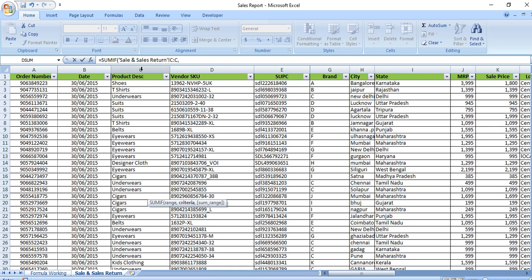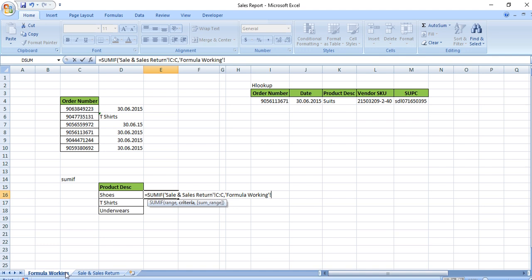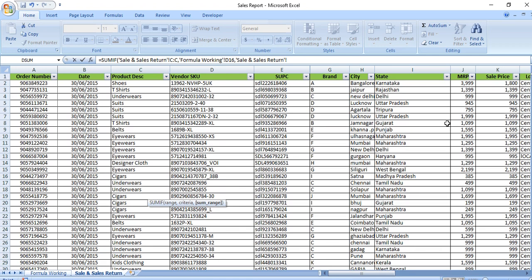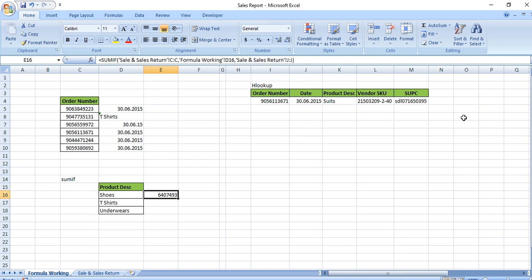So I selected this column, and I need shoes. Based on the column I need the data for shoes, so I did this. And what value I need, the value of MRP, so again the range, and I close this formula, and it will give me the values. Okay,